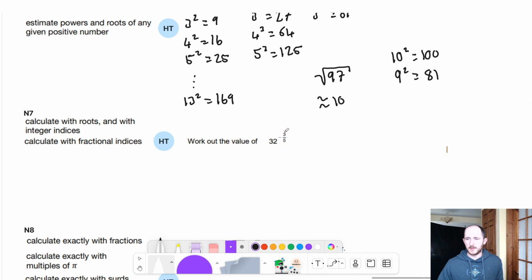So the first thing I would do with a question like this, and this has come up a fair bit, is I'll tackle the negative first. So when you have anything to the power of minus, so let's say you have 2 to the power of minus 1, you do 1 over 2. So I can write this as 1 over 32 to the power of 3/5. Now the negative is now gone. So what does a fractional indice actually mean? Well, what it means is that you're taking the denominator root of the number, so in this case the 5th root of the number,